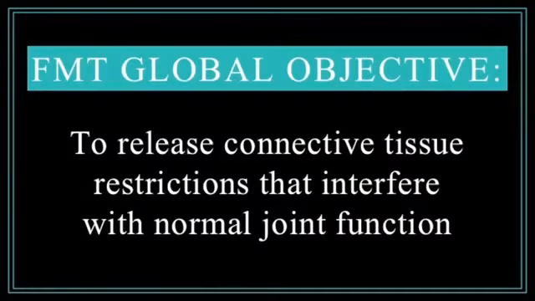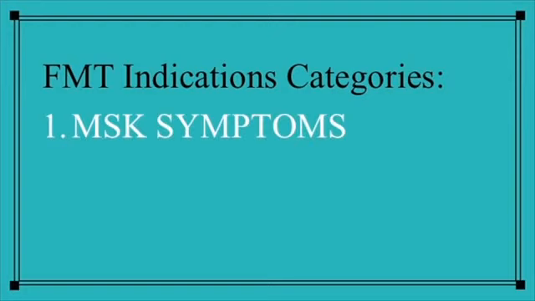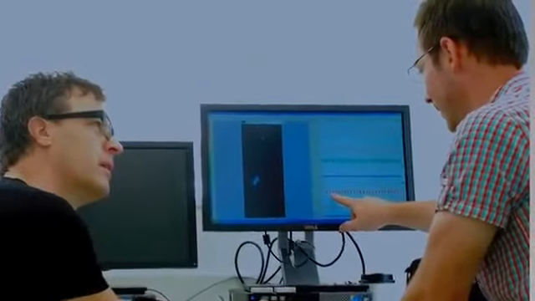FMT is a modality to use on musculoskeletal conditions of the foot and leg. The global objective of FMT is to release connective tissue restrictions that interfere with normal joint function. Interference of normal joint function causes connective tissues around the joints to compensate, and it's this compensation that leads to the symptoms our patients complain of. So the first category to use when considering FMT as a treatment option is musculoskeletal symptoms such as heel pain, ankle pain, subtalar